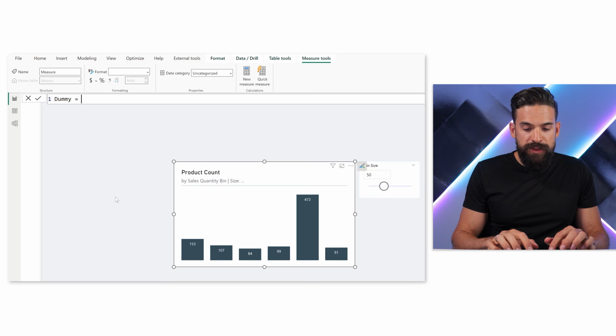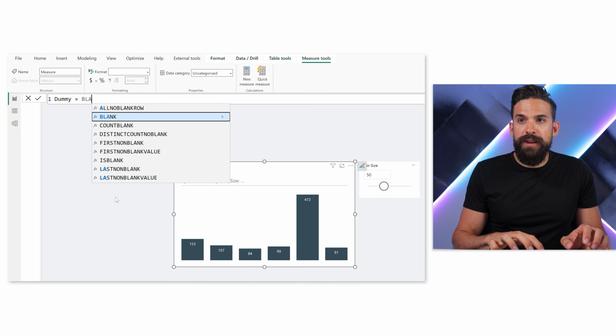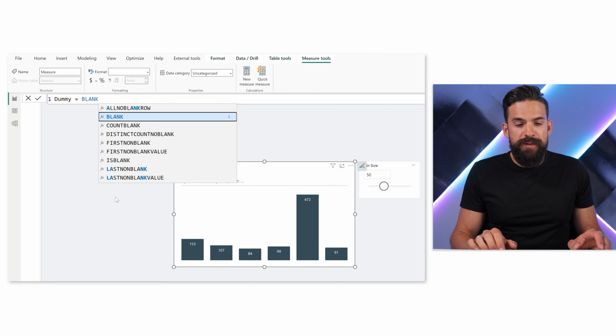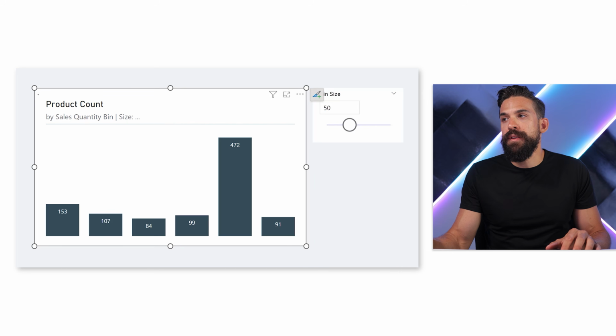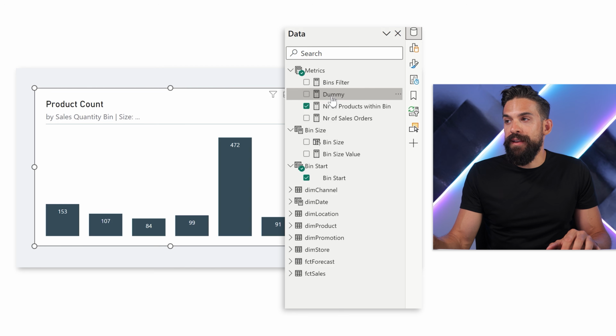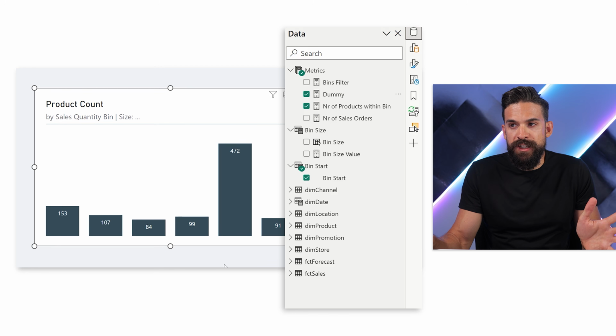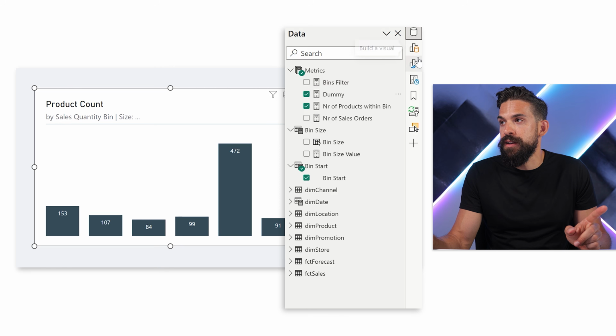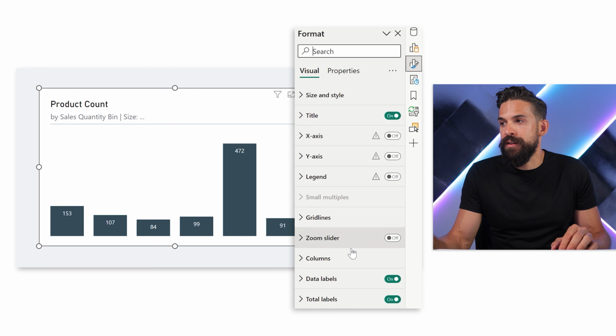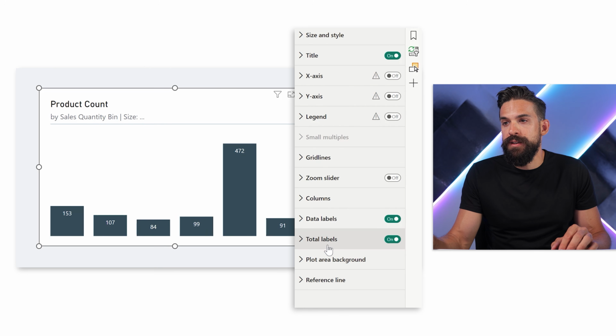And this is going to just return a blank. Okay, so not 0 or anything like that, just a blank. So now I take that one, I'm going to add it to our visualization. Now, nothing really changed. However, what did change is over here that we can select total labels and we can